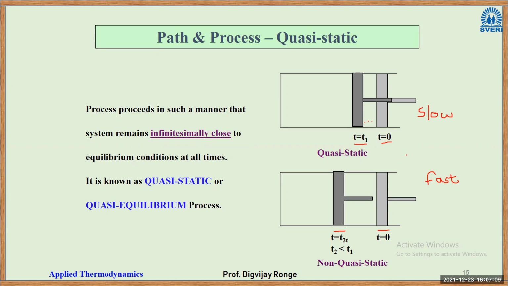Another example I can give you is dampers. In dampers, what happens whenever we sit on a chair? If it has a damper, it goes down, right? But when you stand up, it doesn't suddenly come back to its initial position. That chair will take certain steps to come back to the original position. The chair comes up in a far slow manner. So that process is a quasi-static process.